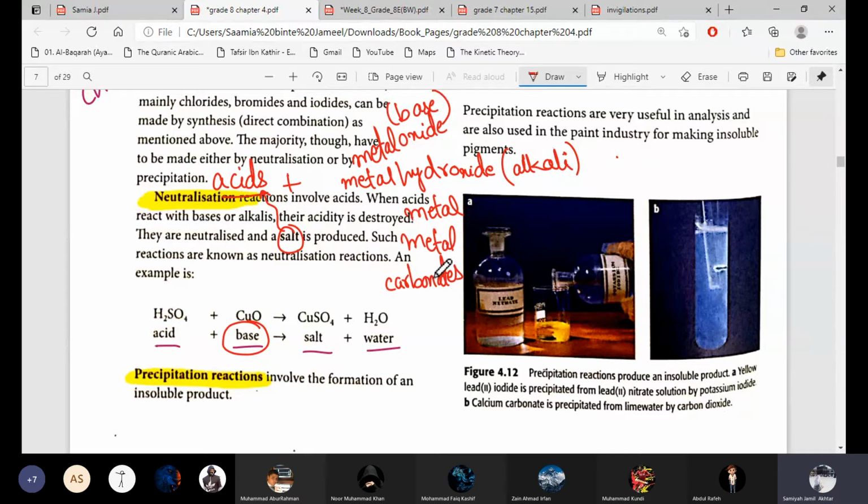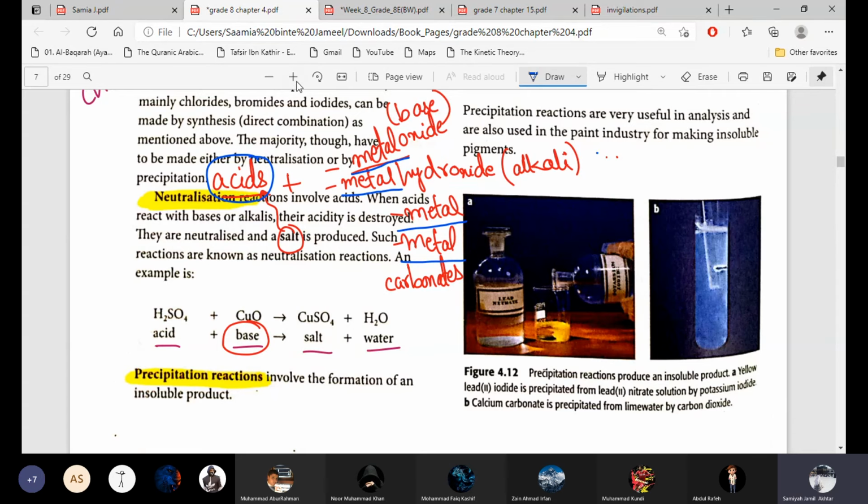What is the common thing in all of these four? Oxygen? In metal there is no oxygen. They are reacted by acids, but in all of them there are metals. This is the common thing: in all of these substances, there are metals. So when a metal, in any form, in the form of metal oxide, metal hydroxide, simple metal or metal carbonate, is reacted with acids, it forms salts.